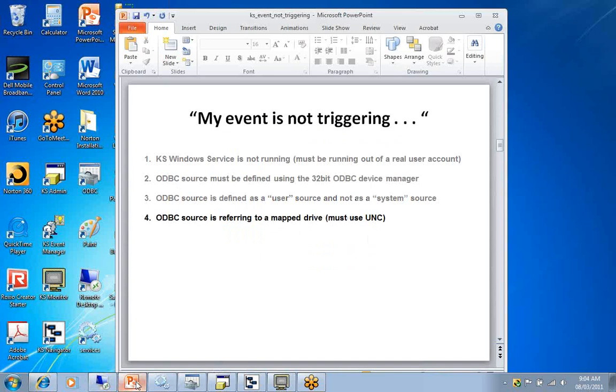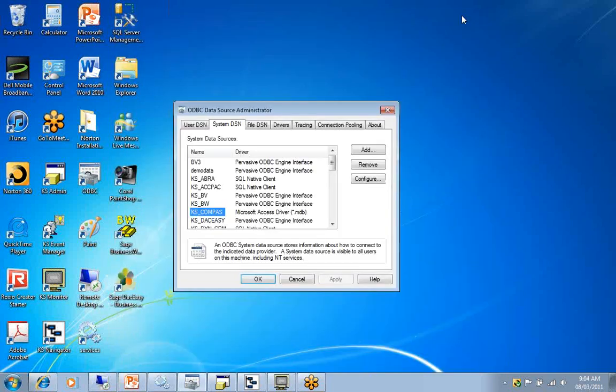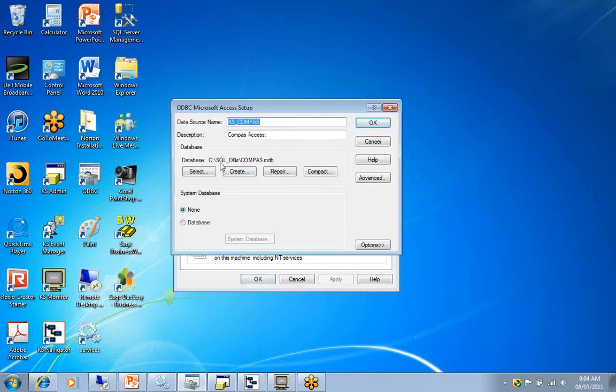Next reason why an event might not be getting triggered is that the ODBC source is referring to a mapped drive. And again, let's go into our ODBC Data Source Administrator. Depending upon the type of database that KnowledgeSync is monitoring, you might, in the ODBC source itself, need to point out the actual location of the database being monitored. It is essential that that database specification not reference mapped drives, such as an M or N drive, but rather,